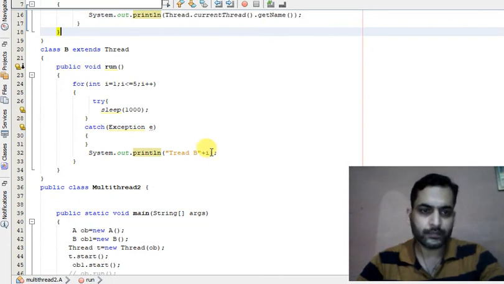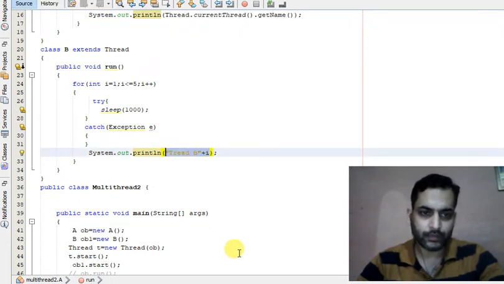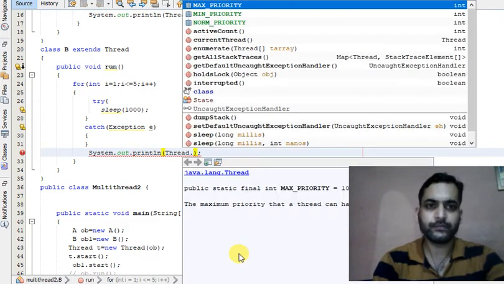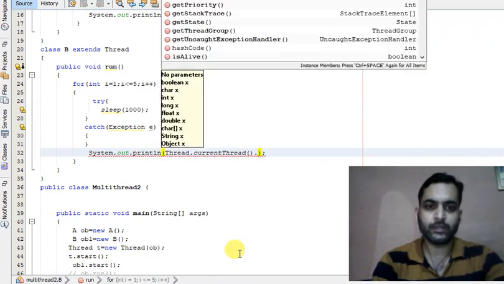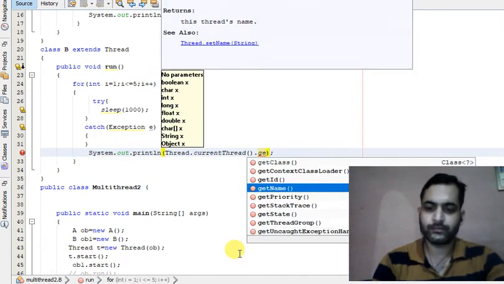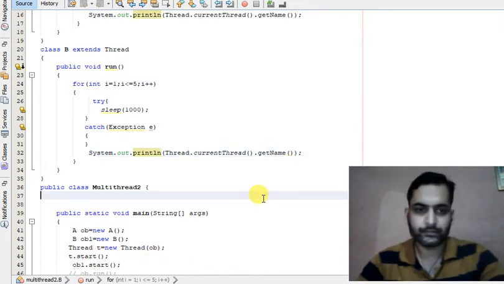Likewise, let us print the name of this thread, Thread.currentThread().getName(). Now let's run it.